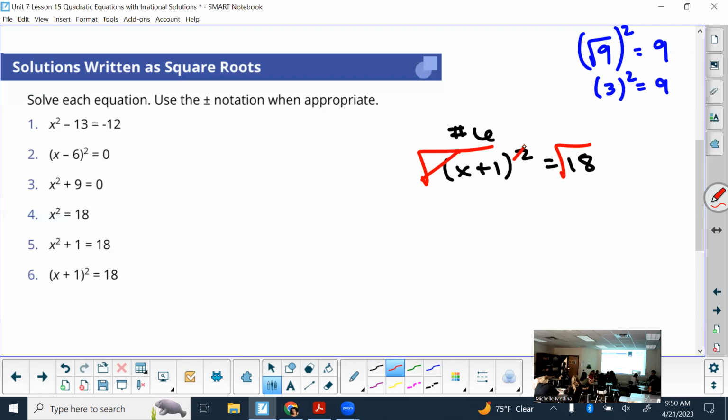you do on the other. Okay, great. On the left side, I have just the x plus 1 alone. On the right, is 18 a perfect square? No, it is not. So that is what I showed you how to do yesterday, is to simplify it. You'll still want to simplify it. And the way that you do that, in case you didn't watch the lesson, is you make a factor tree, break it into its prime factors. What are 2 numbers that multiply to 18? 3, 6.